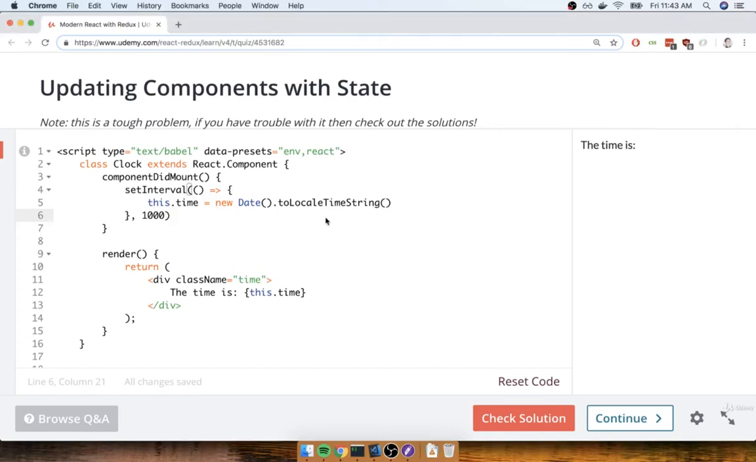The last section had an exercise around making use of state inside of a class-based component. This was a somewhat challenging exercise, so let's go over the solution together right now. We have a component called clock, and the intent of it is to show the current time and update that